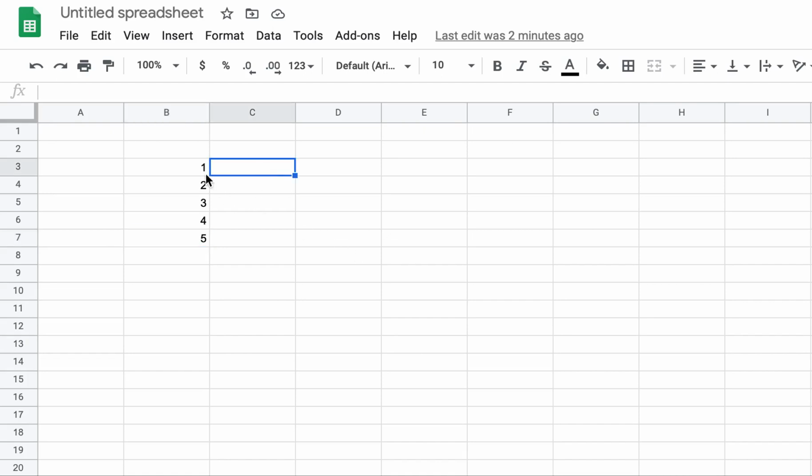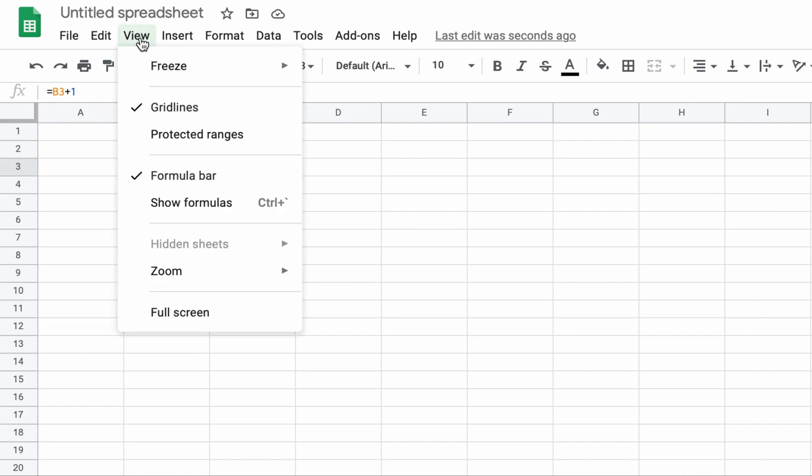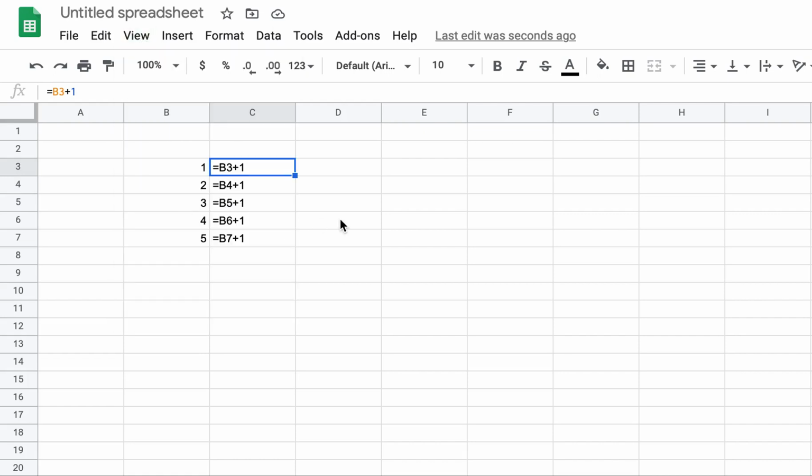Now if I want to create another column of values where every value is plus 1 of the column B, then all I have to do is say equal to B3 plus 1, and I can do Command C or Control C, depending upon Windows or Mac, to copy this, and then I paste this. Now see what happens. I just copied and pasted, but what has Excel actually done? If you go to View and say Show Formulas, it will show you the formula.